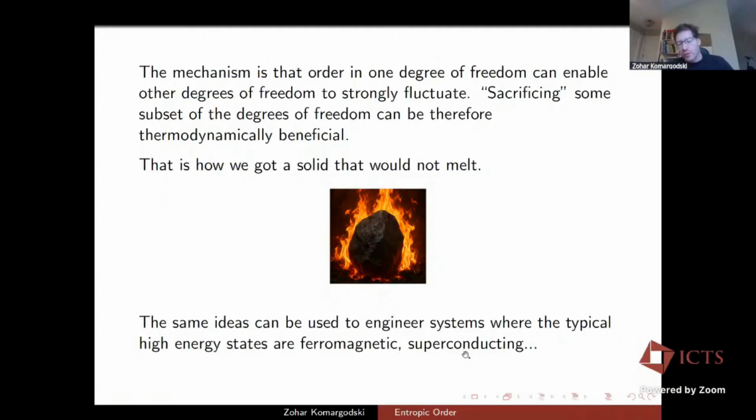But you can use it for superconductors. You can easily cook up models where forming a Cooper pair is entropically beneficial and the Cooper pair just never disappears. You can use it for topological order. And the idea is always the same. You cook up a model where an ordered state has a higher entropy because of some hidden variable, in quotation marks. Is the idea clear? Now I'm going to go to quantum field theory to show you that the same phenomenon can happen in very simple vector models in 3 dimensions, 2 plus 1. Any questions about what I said so far?